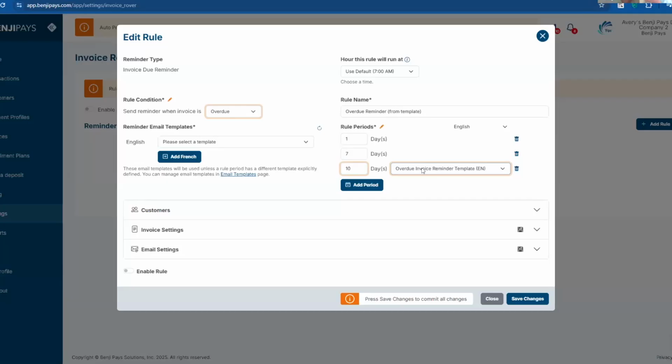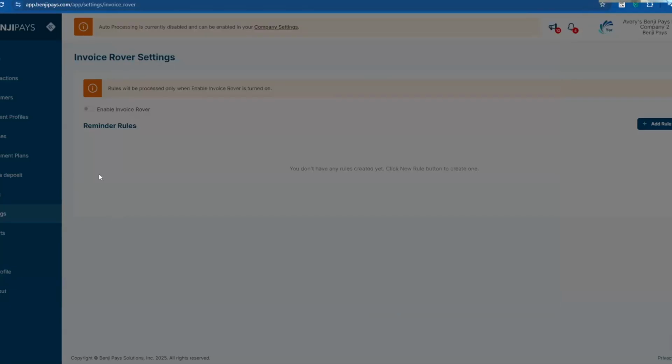And this tool itself, just the overdue rules, we found MSPs cut their days sales outstanding dramatically just by having these automated reminders built in that don't require a human to look at and deal with these things, because it's pretty natural that we as humans either forget to send these things out, or we don't follow our rules all the time with asking to be paid. So this is a really powerful tool in that sense.